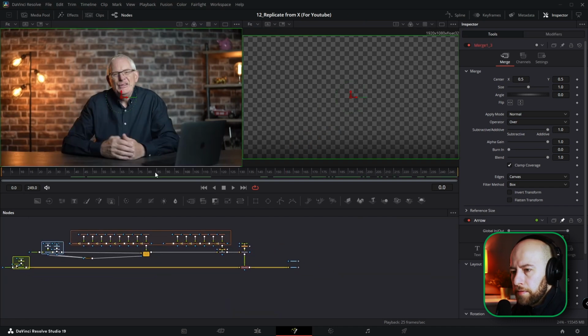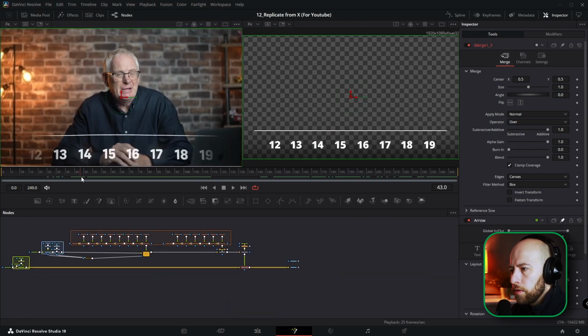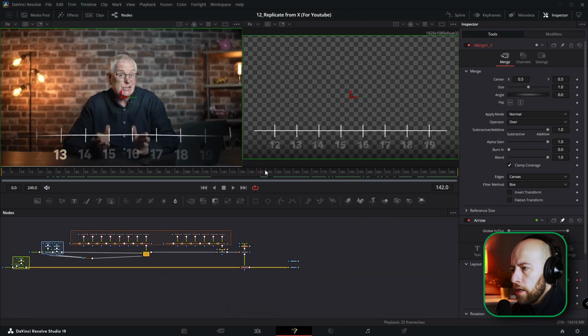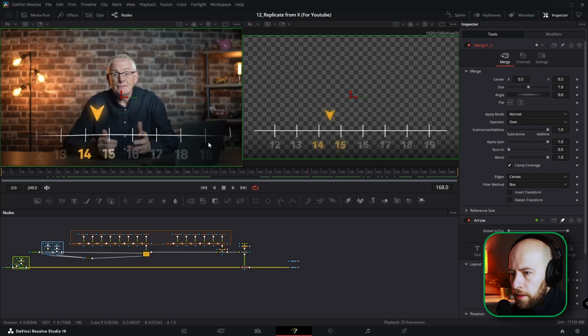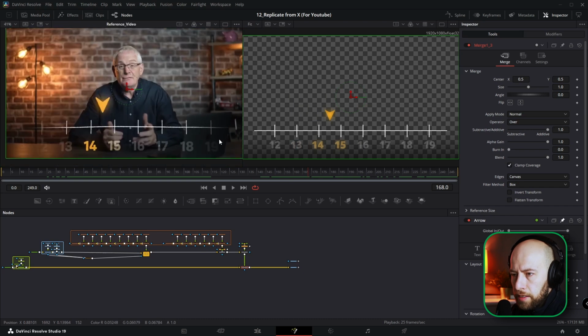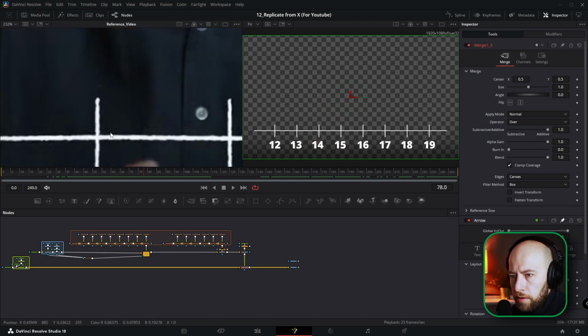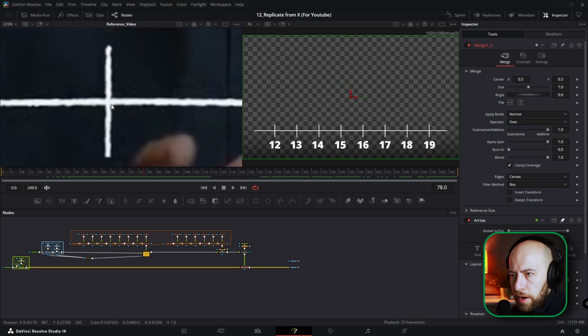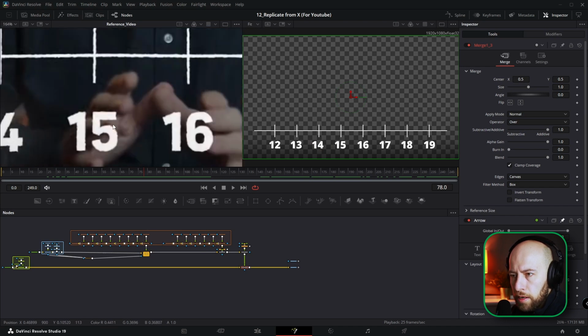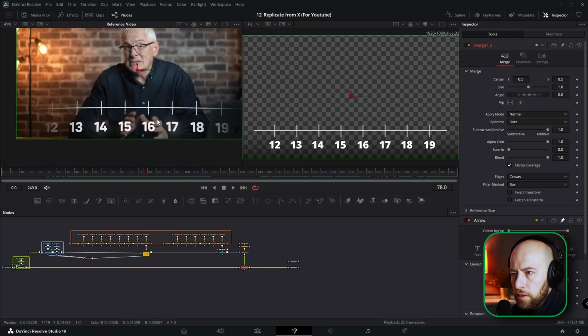I'm going to add some filters, and now what we need to do, as you can see on the right, all this composition is kind of straight, and on the left, in the original animation, you can see this line and these figures are a bit curved, and you've got rough edges on the numbers and lines. So let's